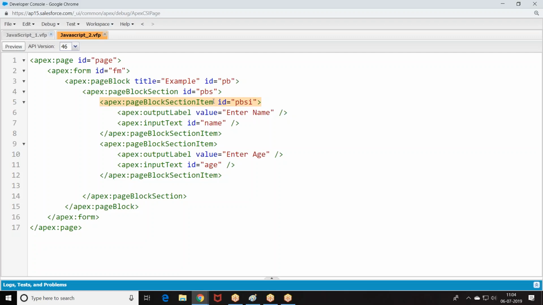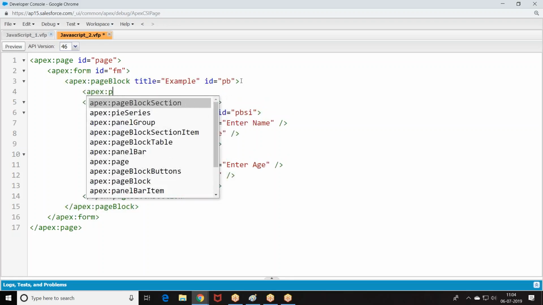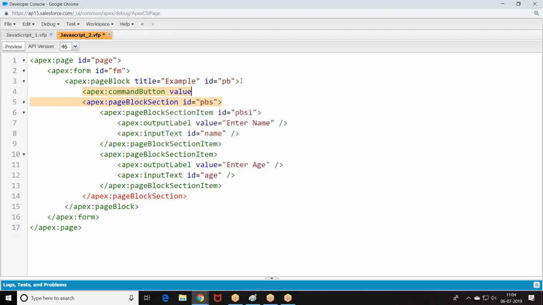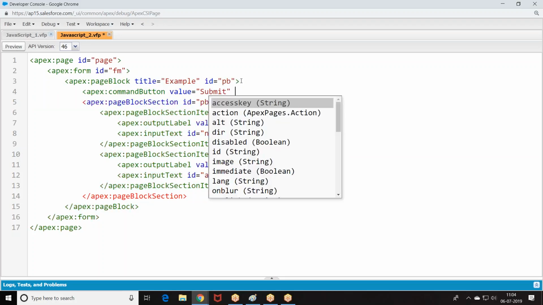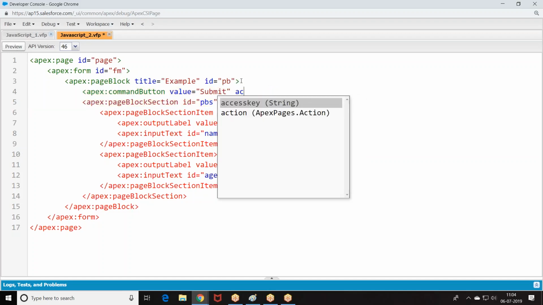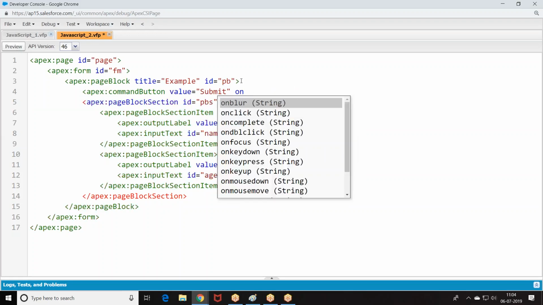Whatever data we entered in the form, I want to read this data. When should you read it? When you click on the button. So I'm going to give onsubmit, or else I'll give oncomplete.